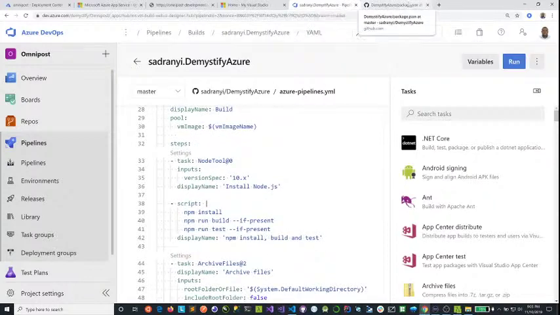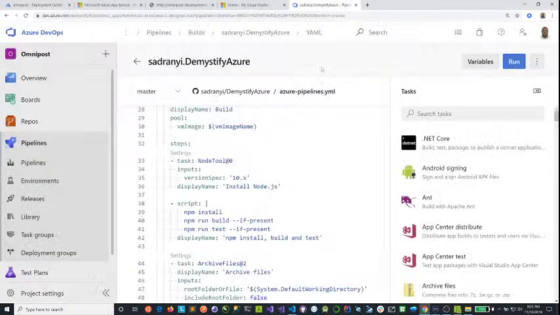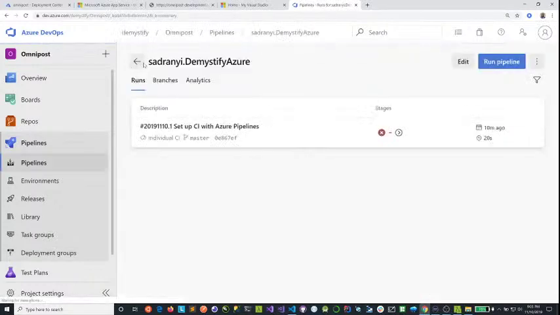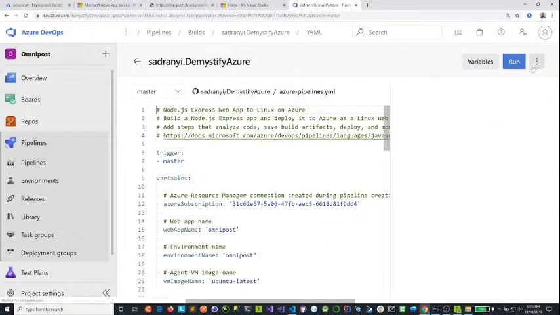The test that we had in here says echo error, no test specified, and then exit one. So that's why it's not hitting the node application. So let's fix this. So I will go back here, go back in here, and then